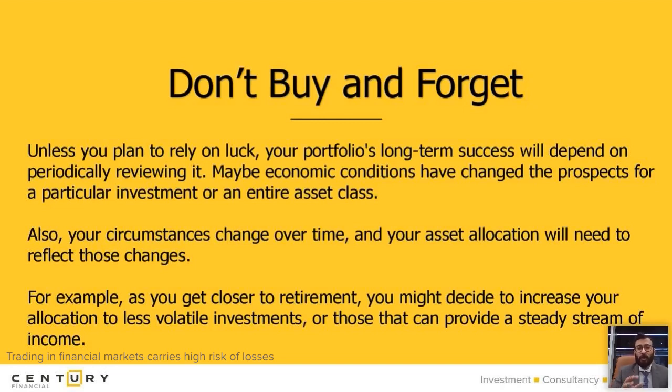For example, closer to your retirement, you might decide to increase your allocation to less volatile investments. They have this rule. In my previous sessions, I have talked about this. The rule of 100 minus age. If you're 50 years old, 100 minus 50, 50% of your investment should be in riskier asset classes, but 50% should be safe. If you're 70 years old, 100 minus 70, 30% of yours should be in relatively riskier stocks, and 70% should be in proper investments, fixed income, less volatile, no adventure.